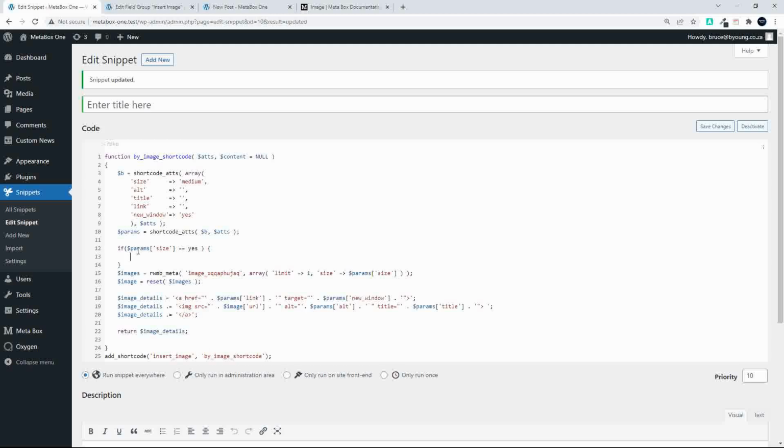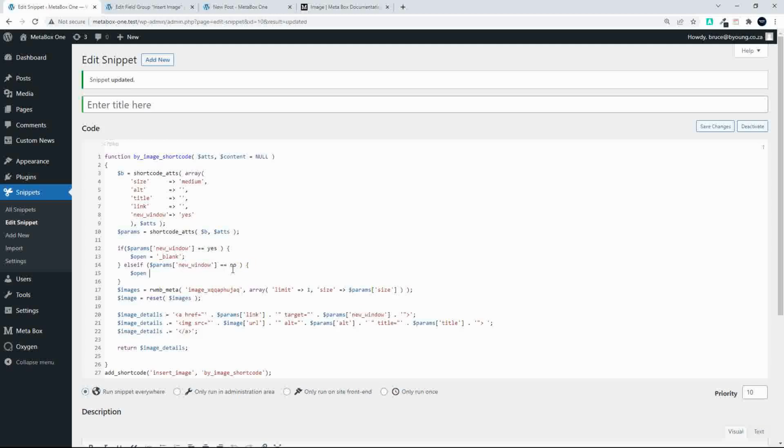So if the parameter size is equal to yes, then we're going to create a variable, or let's make no, if parameter new window is equal to yes, then we're going to say let's make a variable open equals underscore blank, and then else if, and here we're going to copy and we're going to say no, then open is equal to top, else,